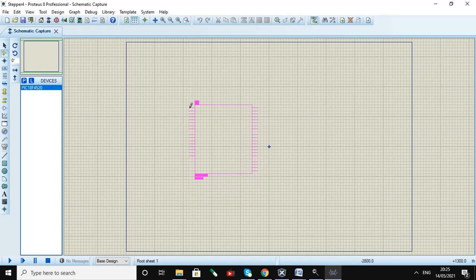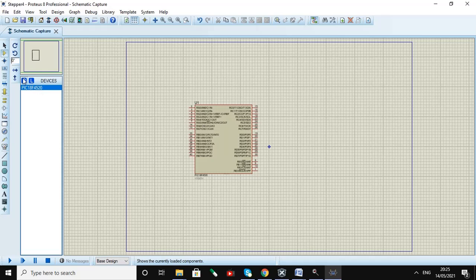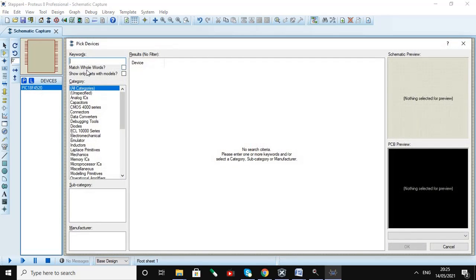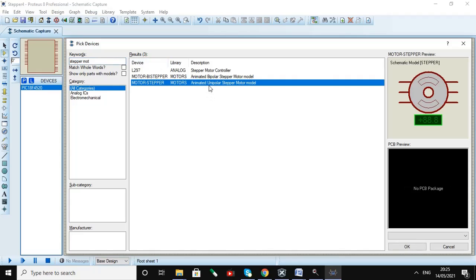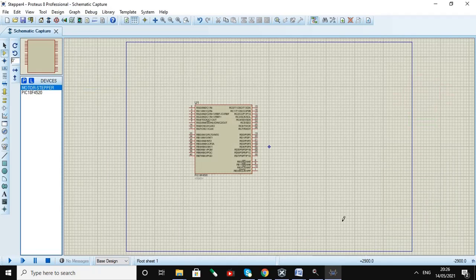So we'll place our IC, then pick stepper motor. Here these are the unipolar stepper motor and bipolar stepper motor. Right now we will use the unipolar stepper motor. So this is the unipolar stepper motor.